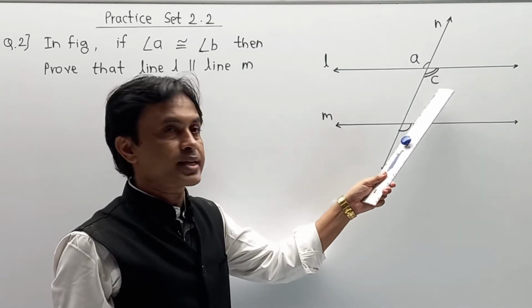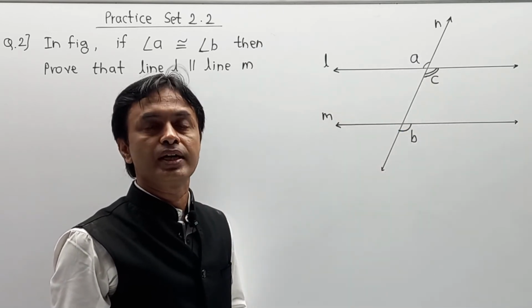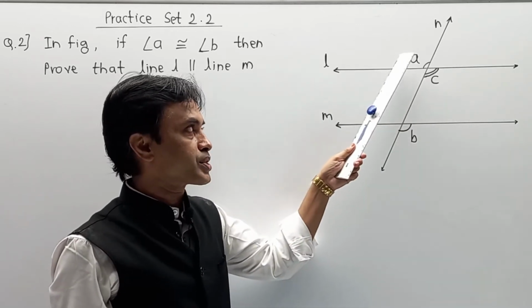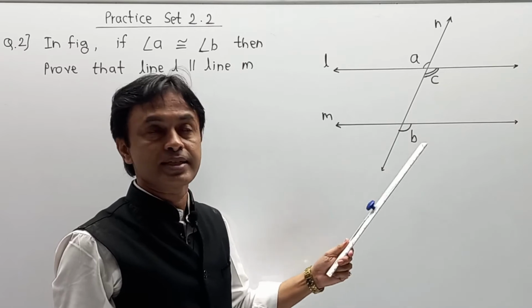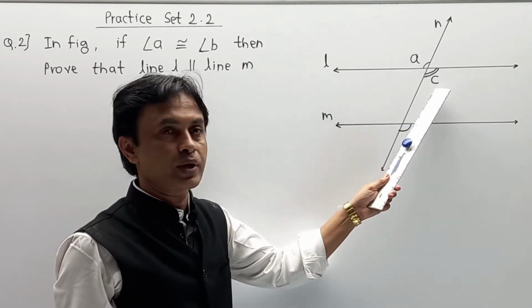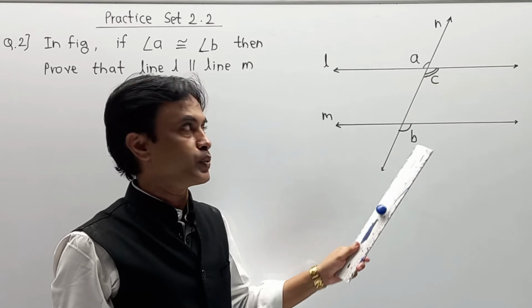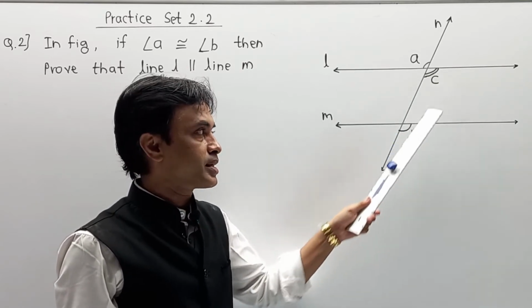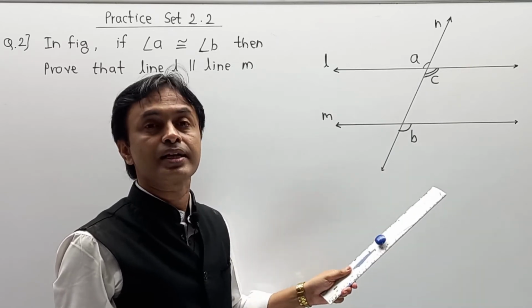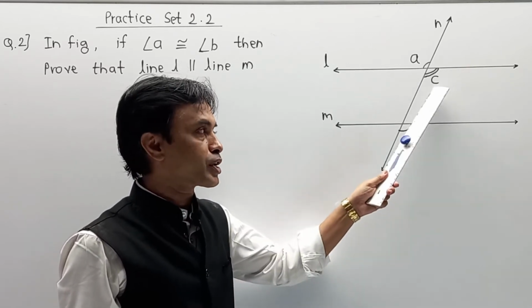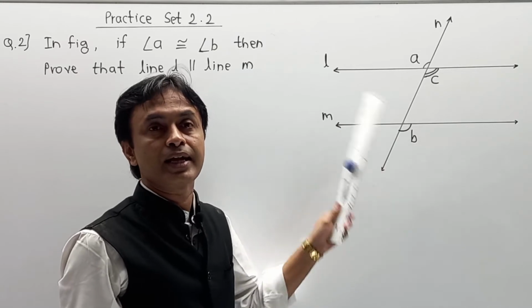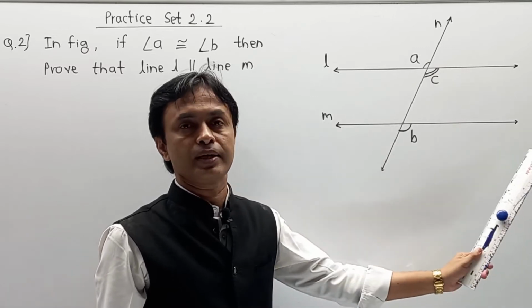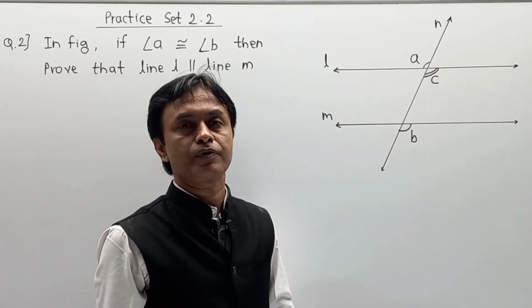Here angle A is exactly equal to angle C, meaning vertically opposite angles. That's why these two angles become congruent. Now in the first case we are saying that A equals B. In the next case, angle A equals angle C. Naturally from 1 and 2 we can say that angle C equals angle B. But if angle C is equal to angle B, then these are nothing but corresponding angles. And if corresponding angles are congruent, then definitely the lines are parallel, meaning line L is parallel to line M. And in this way we are going to write our answer.